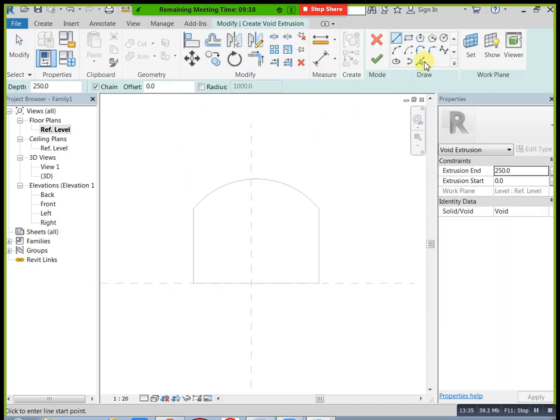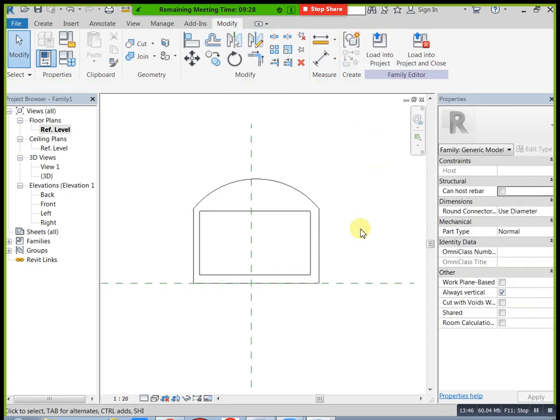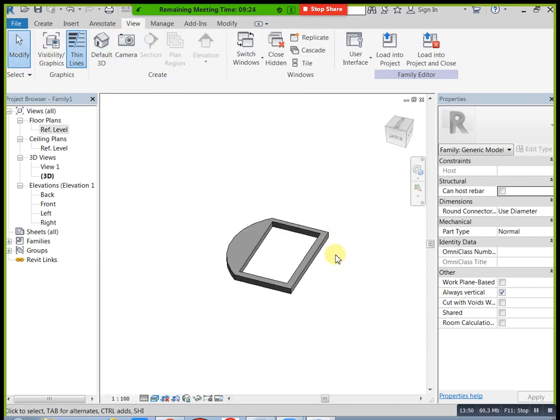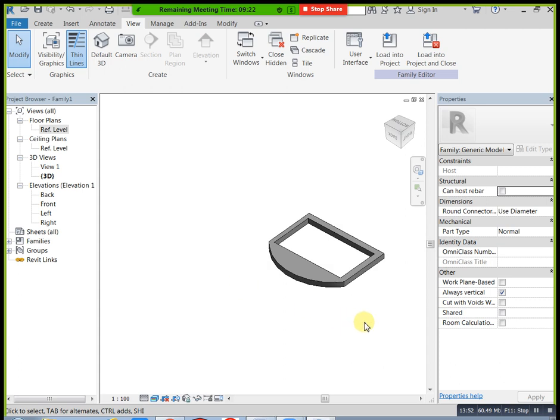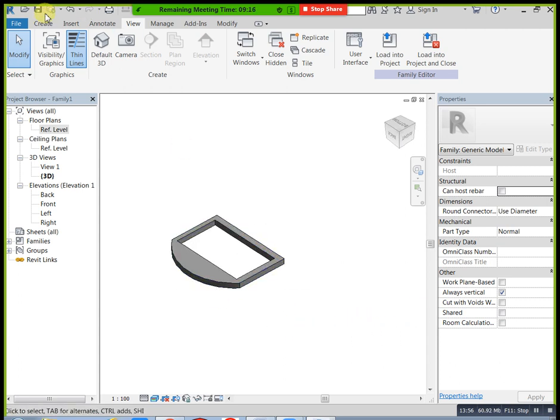Then you can draw like this and finish. Then you can see the 3D view. This type of condition is very useful. See, clear? This is void extrusion, same as well for that type.